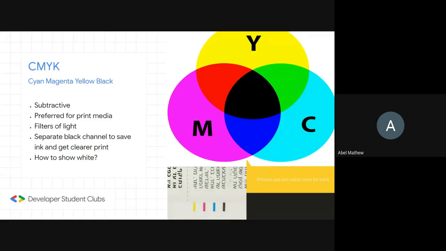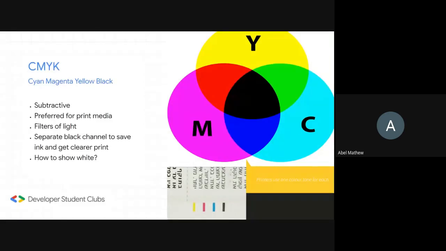One of the points that you might have seen is that we have 4 channels here: cyan, magenta, yellow, and black. K stands for key, which is the equivalent of black. So K is equal to black in this CMYK representation. If you mix colors using crayons, using yellow, magenta, and cyan, you will get a blackish color. But still, we have a separate key for black. This is because of 2 points.